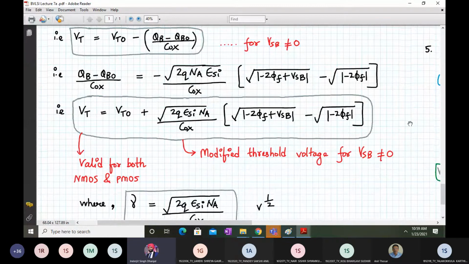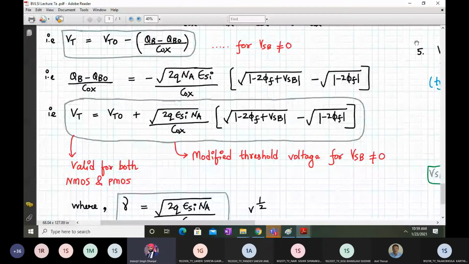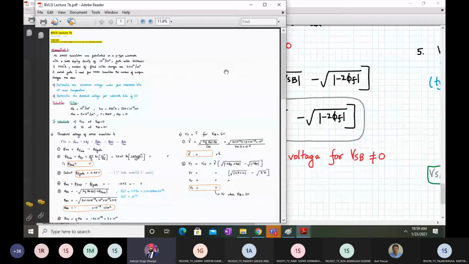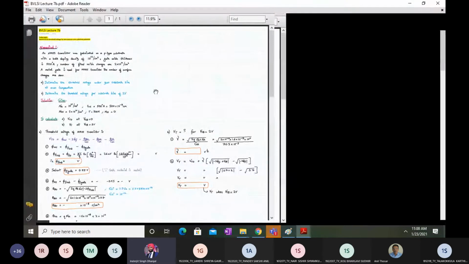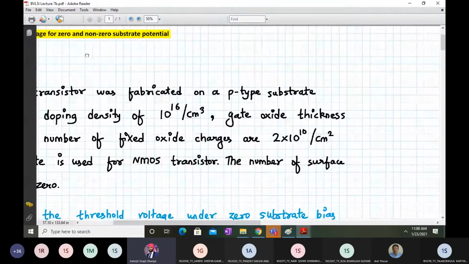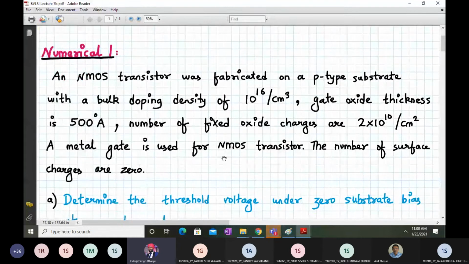Okay. So I have not received the response. Okay, he told me he will ask at the end. Okay, fine. So now let us move on to solving a numerical. Yes, sir. I will ask that person. He has responded, and he's saying he will ask the doubt at the end. So I'll consider his doubts after solving the numerical.